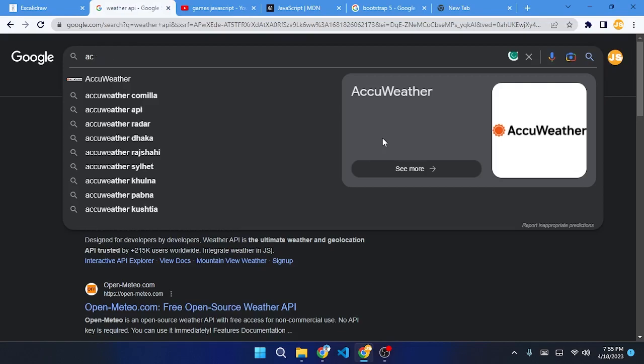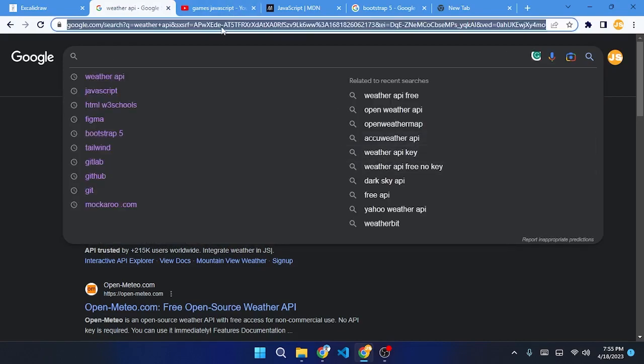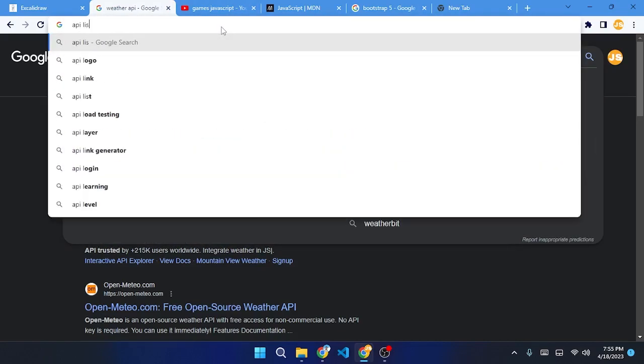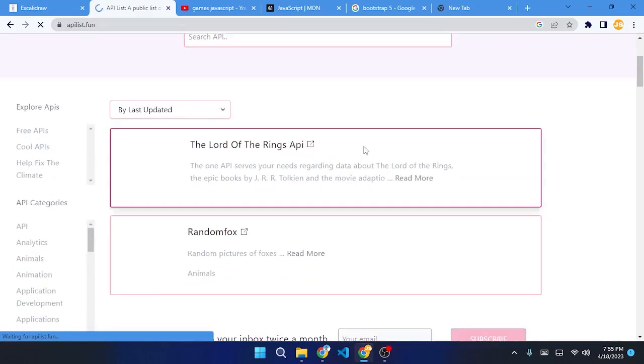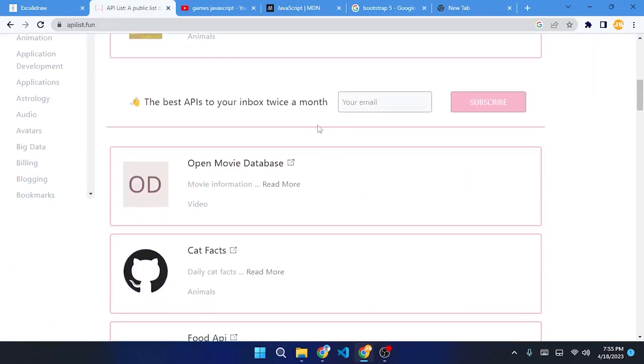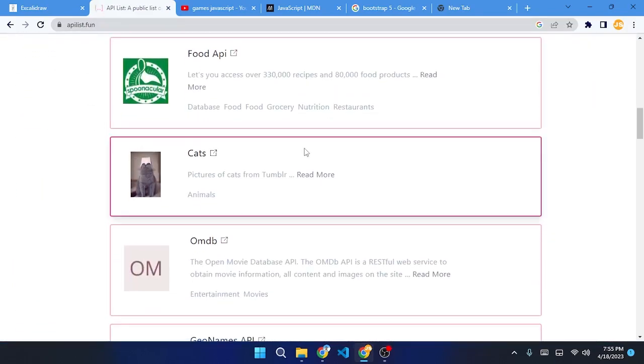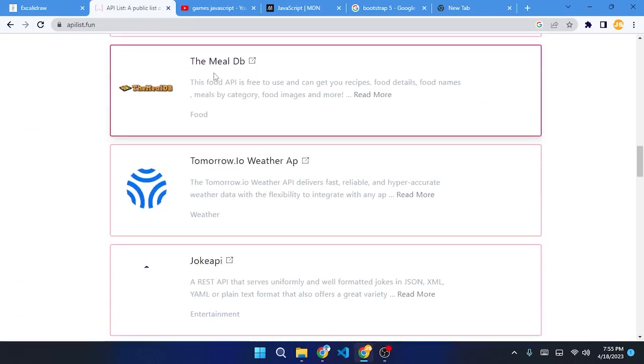Okay, API list. If I go to the API list, there are a lot of APIs. You can get a book API, a country API, the meal DB. The meal DB is an API where you get a lot of